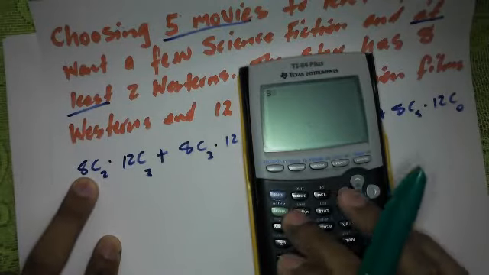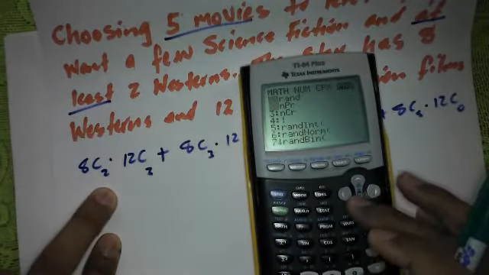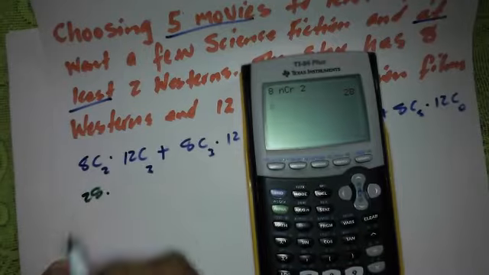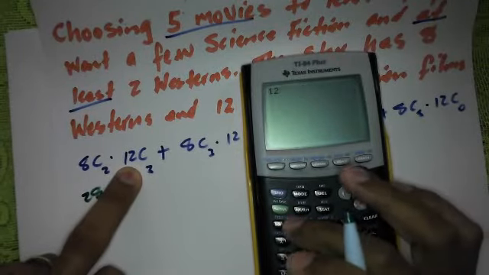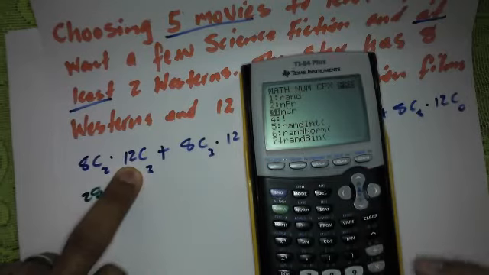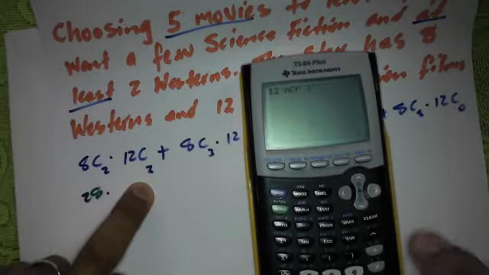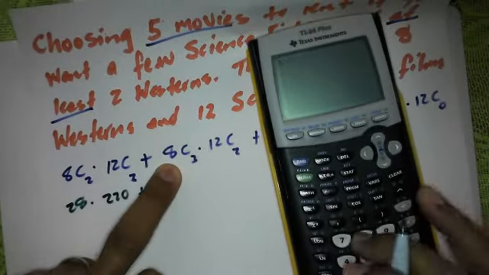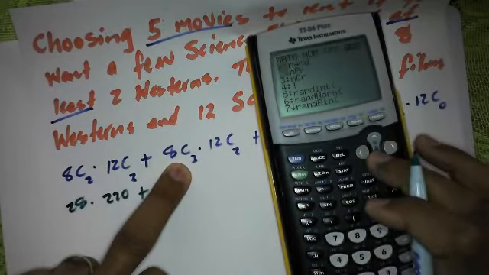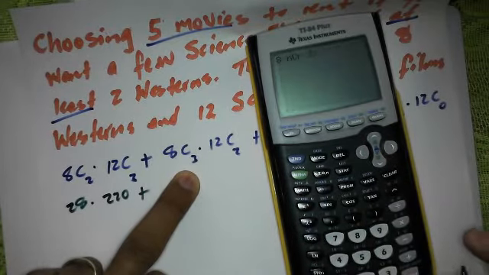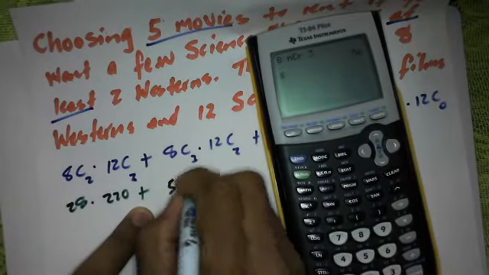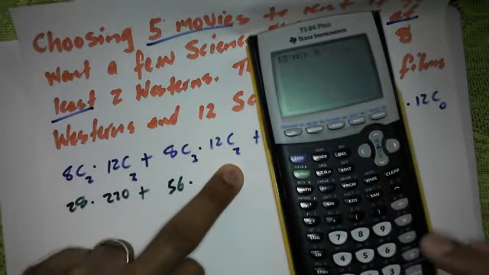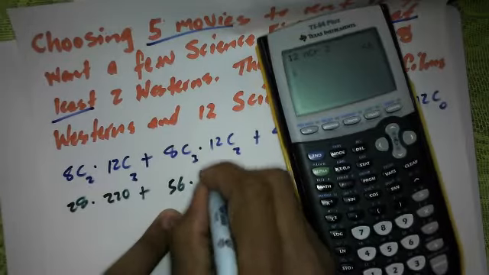We have 8C2, and that is 28 times 12C3, and that is 220, plus we have 8C3, and that is 56 times 12C2, that is 66,